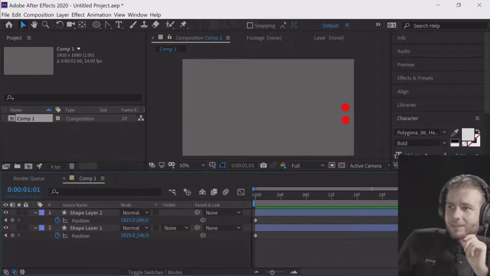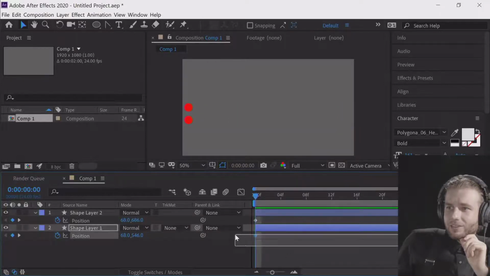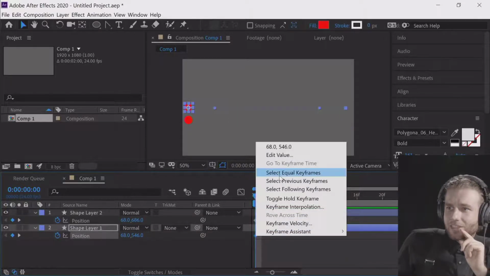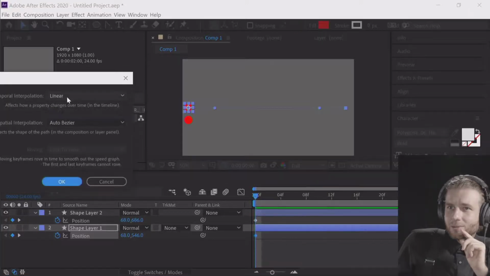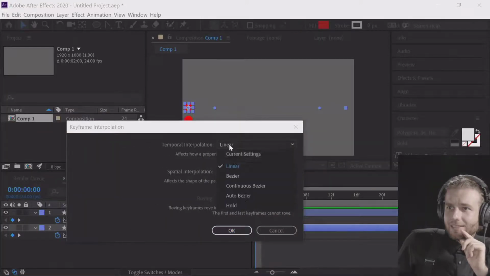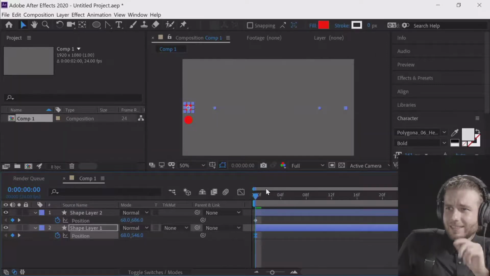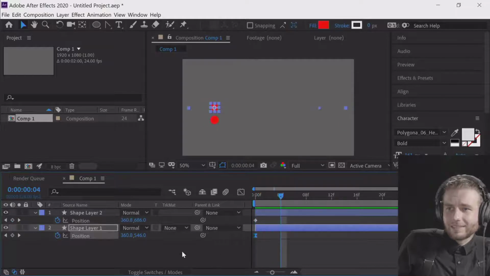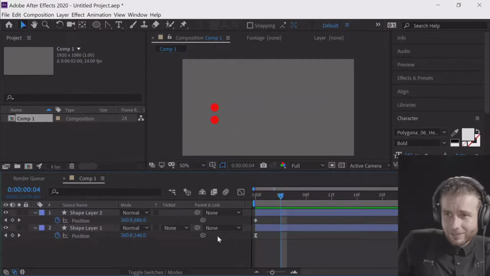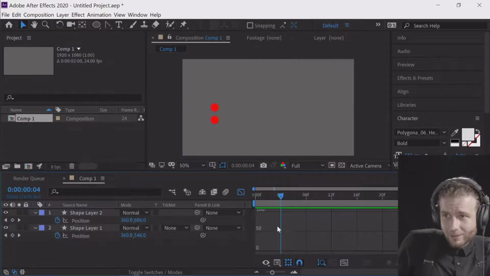The one underneath, I will change the interpolation. From linear, I go to Bezier. Let's see what it did. So it doesn't look different, but if I go in the graph,